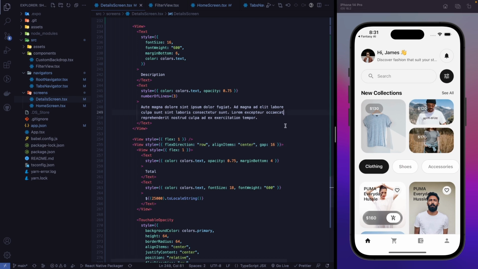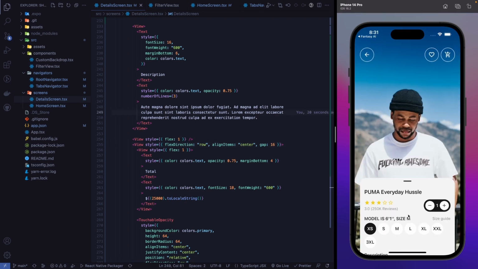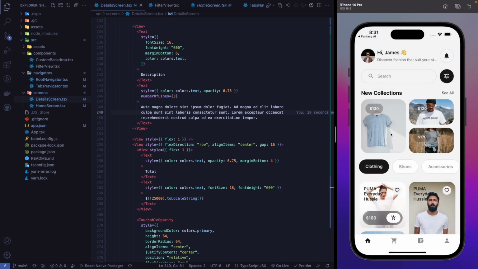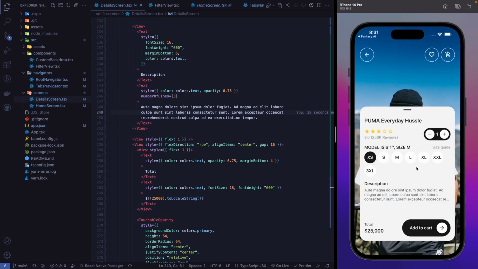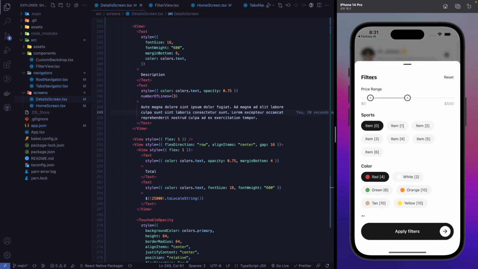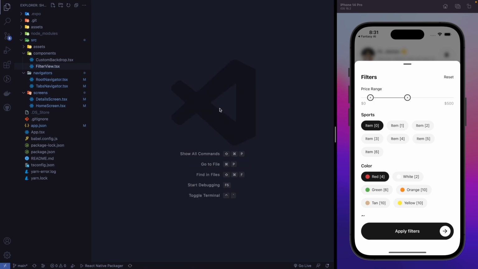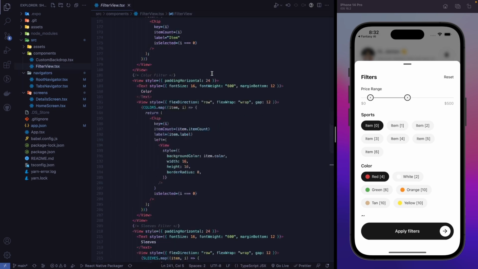Okay, so I think I'm done with this section. So the details section, I think it's working pretty good so far. Yeah, let's move on to the filter section. So let's work on the range selector. So let's go to our filter view,